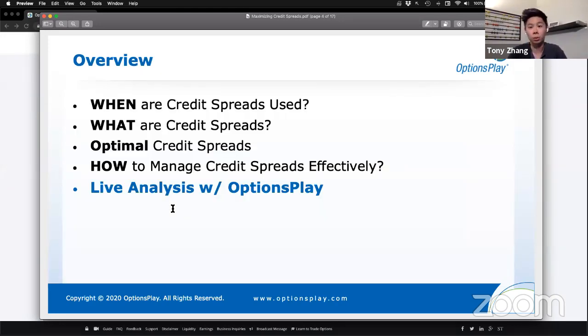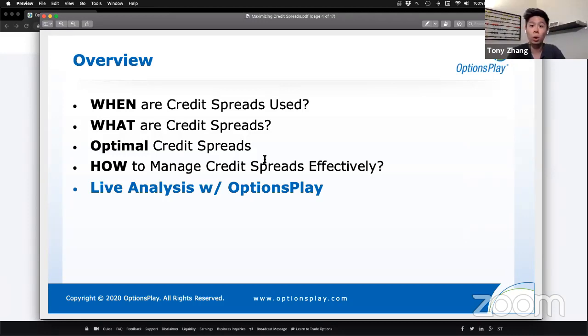Number one, I want to start by talking about when should you use credit spreads, because it's so important. I would argue that this is more important than understanding what are the optimal credit spreads, because many times I see users use credit spreads in the wrong environment, where you're risking more capital than you really need to by selling a credit spread instead of using other strategies like buying a debit spread or buying a call or put. So today we're going to break down those two examples